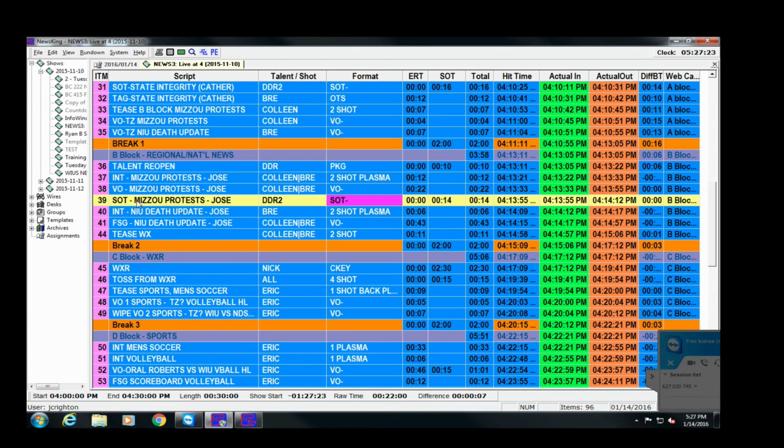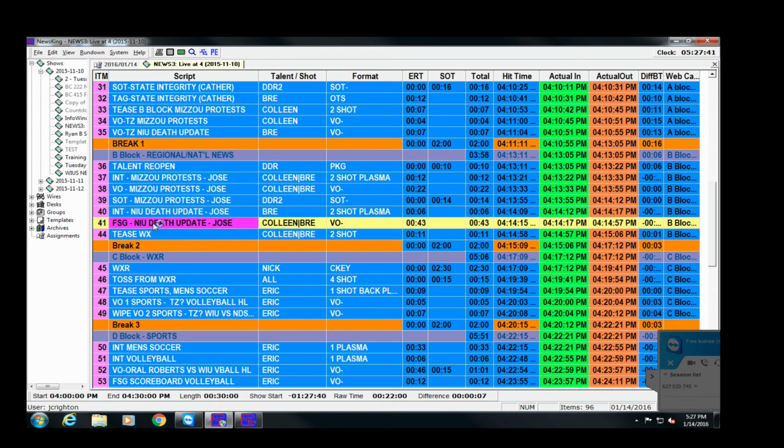And then we have the soundbite. So we have a soundbite for this story about Mizzou protests. And then we have a different story. The other story we teased with the NIU death update, and that's here. Brianna reads that in front of the plasma. Then Colleen, it looks like, and we have a full screen graphic. So if we look at it,